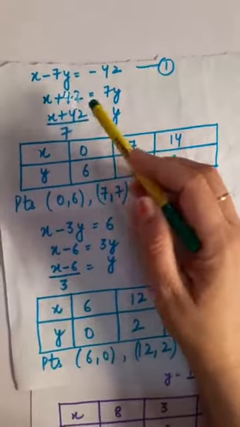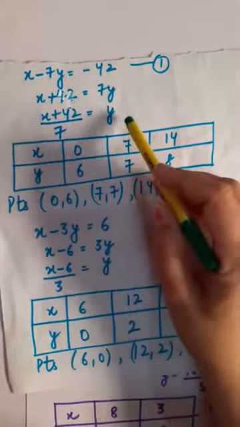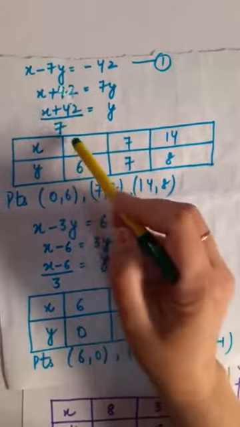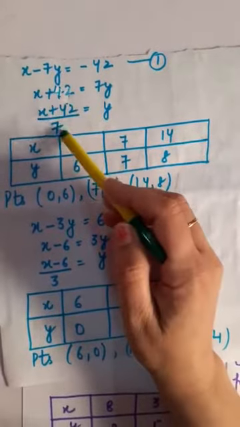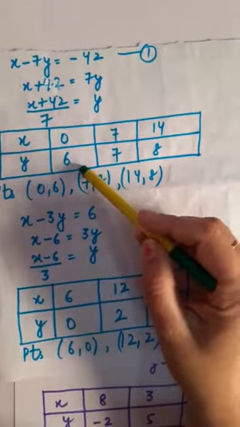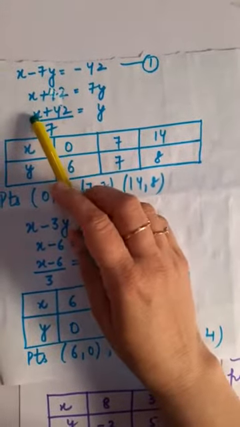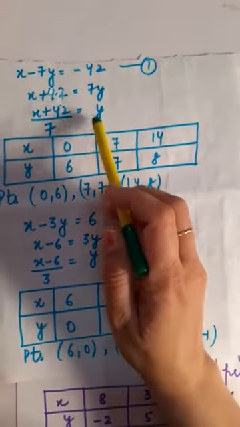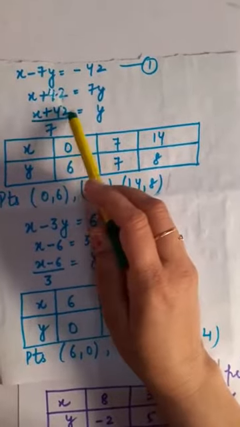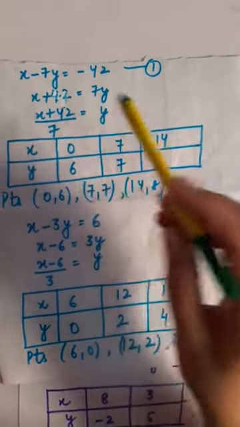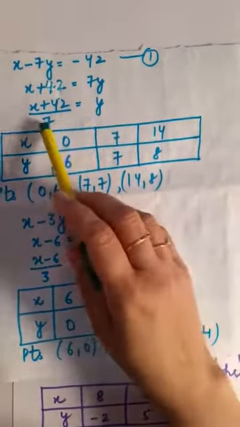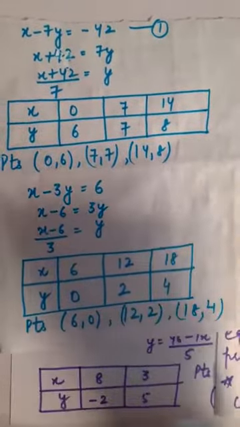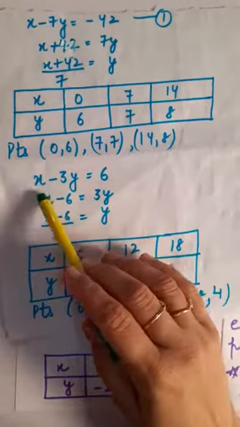Now you just keep on taking different values of x so that I can get different values of y. You children are very much aware of this concept. So I am putting x is equal to 0. This has become 0. So 42 divided by 7 has become 6. So y is 6. Similarly, I am putting here 7. 7 plus 42 will become 49 divided by 7, again 7. Now I am putting here 14. 14 plus 42, when you add them, you will get y as 8 after dividing by 7. So these are the 3 points which I am going to plot on the graph. Now this was situation number 2.